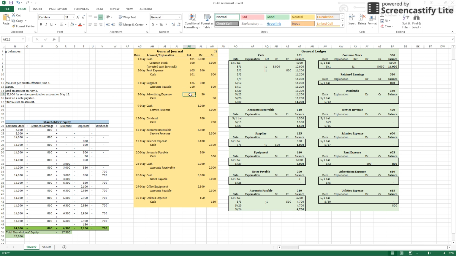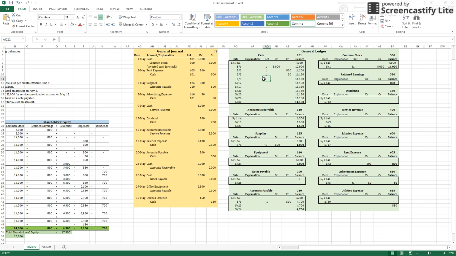And we keep going. Advertising expense is account 610, so we would go over there and we debit that for the $50. And we would put in our J1. And our cash, we will post J1, and that was a $50 credit in account 101. And we continue this